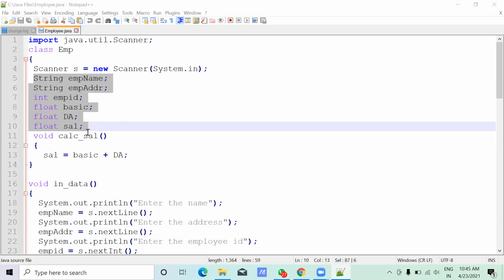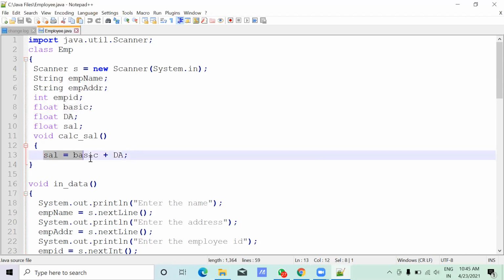Okay. So in calc salary, I have written only one statement and it is very simple. It is to calculate the total salary. So how to calculate total salary? You just have to add basic salary plus DA. So you will get the total salary. Okay. Next method I have here